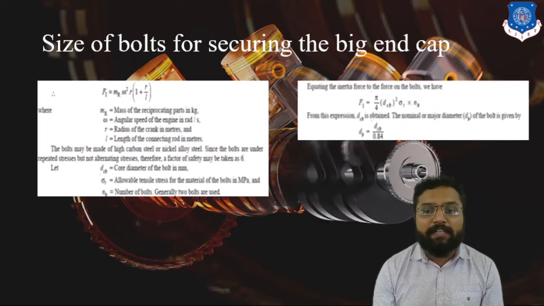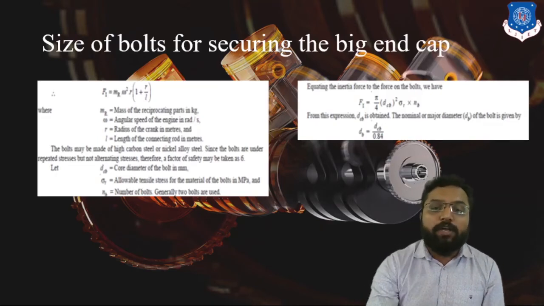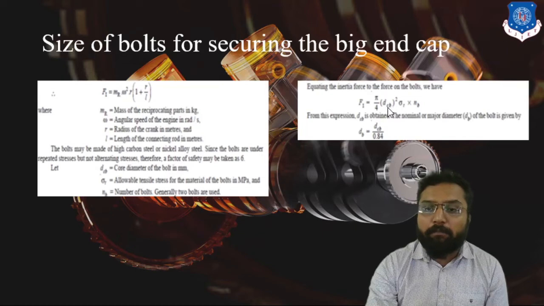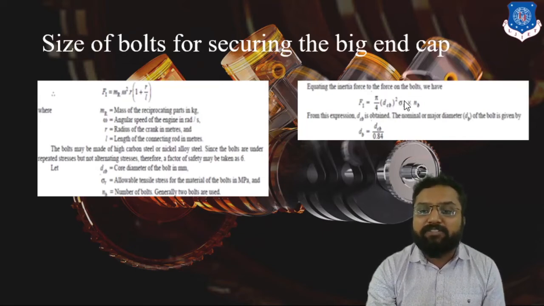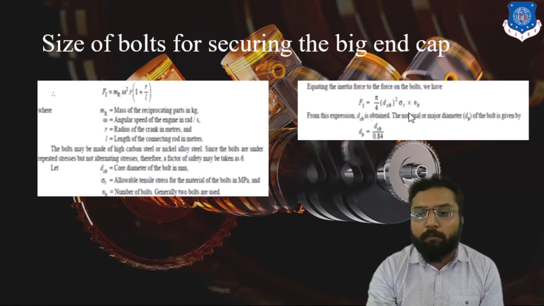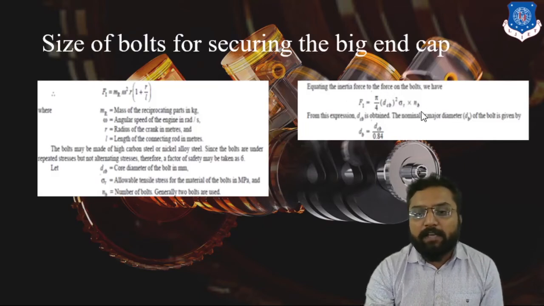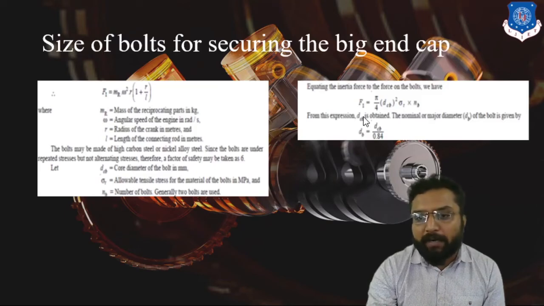Clear? After that, we are going to find equations for our connecting rod cross-section area. So this force generated due to our reciprocating component will directly try to shear out our component, or you can say bolts. Here, the diameter of the bolt is dcb, and its tensile strength is sigma, which gives the shear stress. Clear? The number of bolts is two. So ultimately we can find the diameter of our bolt if we have this force and stresses. Clear? Okay. And then you can find the nominal diameter, or major diameter.